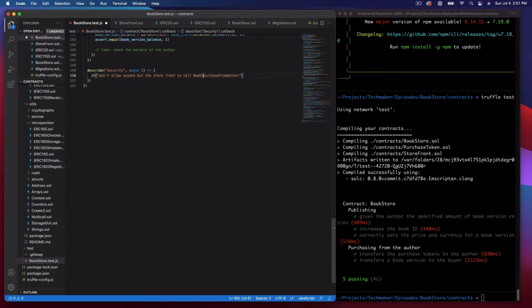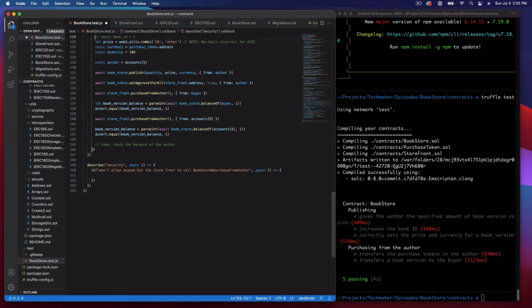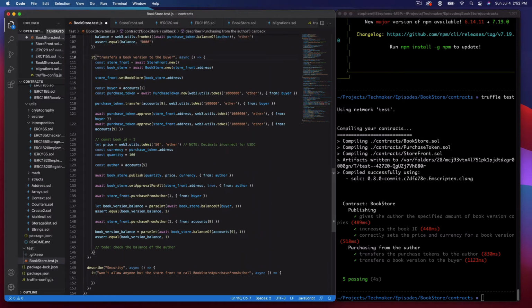So we'll say bookstore, like this is the contract, and then # purchase from author. So that's how you indicate in Ruby an instance method. I don't know what that is in JavaScript, so I'm just going to do it like that because I know what it means. And then we'll need to do async, and then open up a new function here. And basically all I want to do is say, let's come up here and copy in some of our setup. So I'll have const storefront, bookstore, storefront,